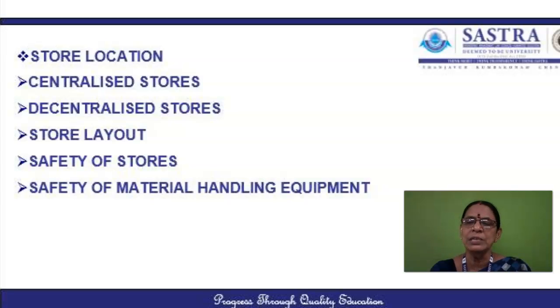a more unscientific method. We don't have any systematic method of storing. So whatever is received, he will be storing it. So randomly we are storing it. So that is not a proper approach. Though we have this approach theoretically, random location is said to be not useful in organizations wherein they are dealing with a large number of items.